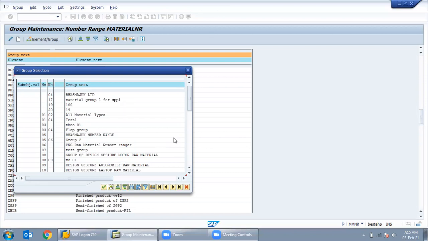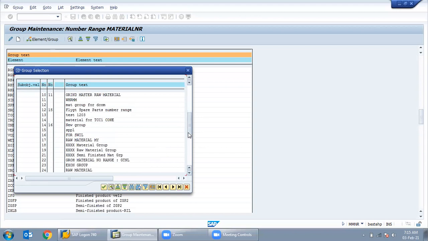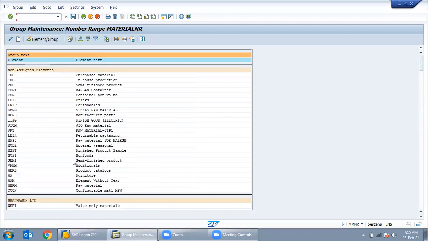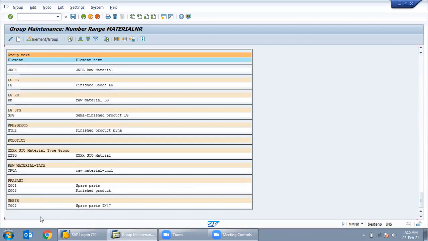What we are doing right now is assigning the number ranges to material type. I just created Umesh, which is here. Just double click on Umesh and it will come under Umesh. See, at the last, the group is created, Umesh, and the material type Y002 is assigned.